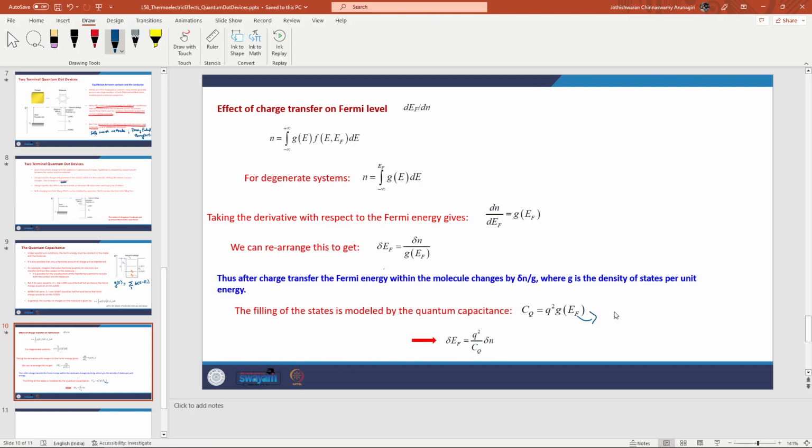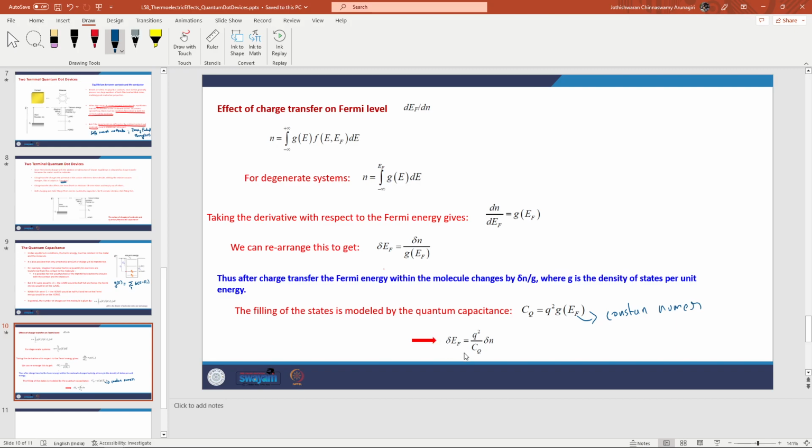So now this is a constant number. So we multiply that by q squared to get the quantum capacitance, essentially the charging capacitance of the quantum dot,